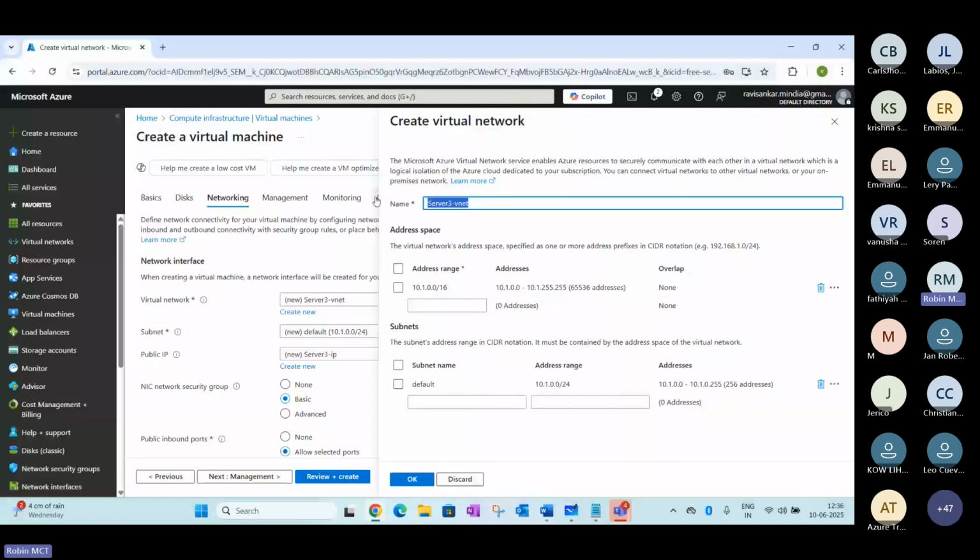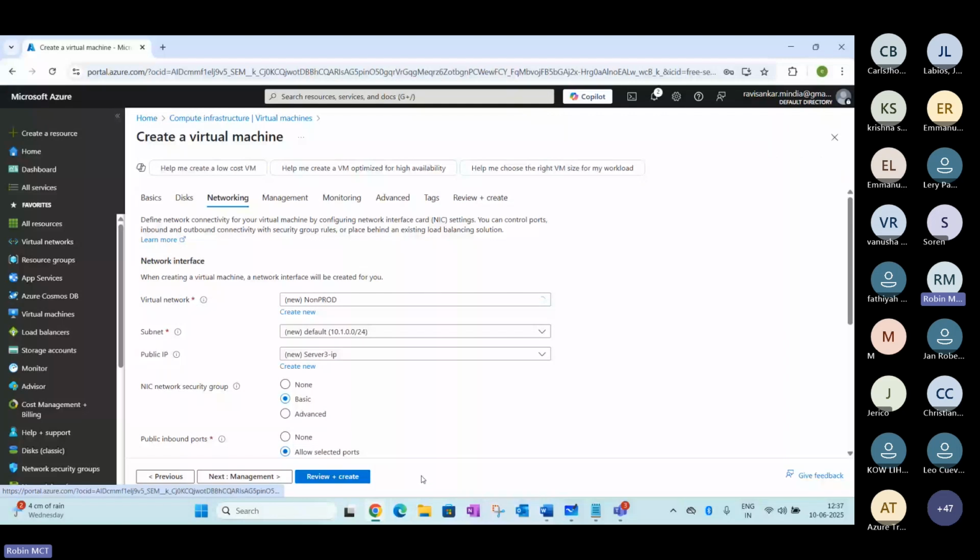The range is going to be 10.1.0.0, not 10.0.0.0, because I'm using that network in the east-west location for my non-prod activities. So I'm creating a separate network here. I've given it non-prod, review and create.